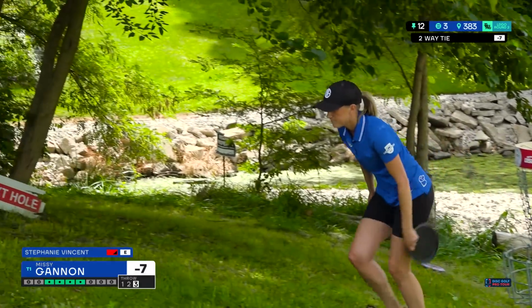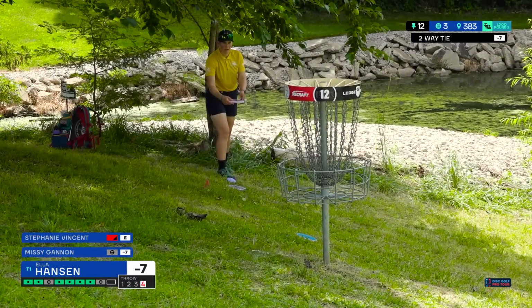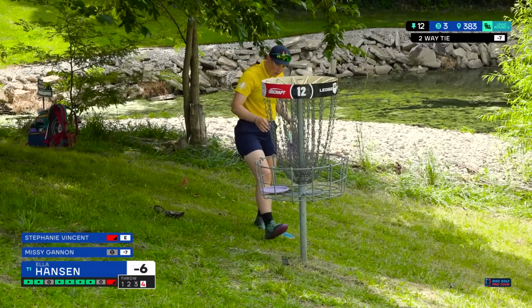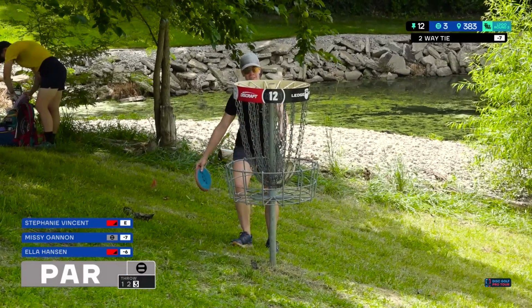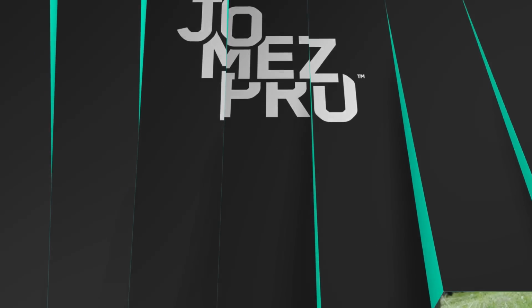A lot of pars on our lead card. Only 20% of the field taking birdies here. That's still not bad. It is quite a tee shot. I don't want to say luck sticking on the green, but it is very hard to hit a bullseye on this one. It's not something you're necessarily doing purposefully, unless you take that low linear straight shot, but that is